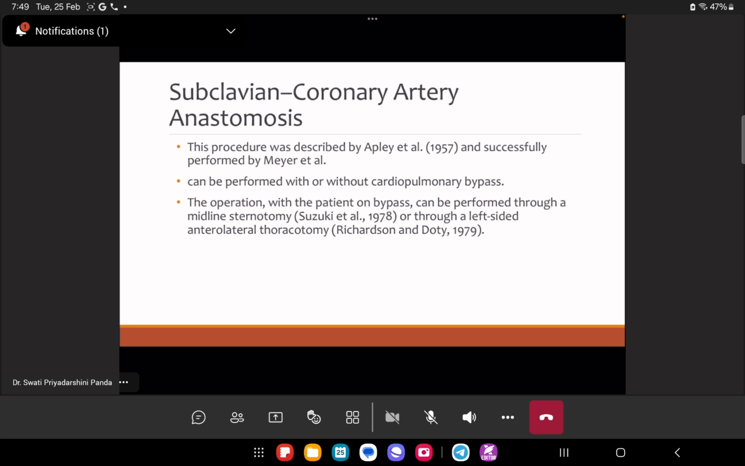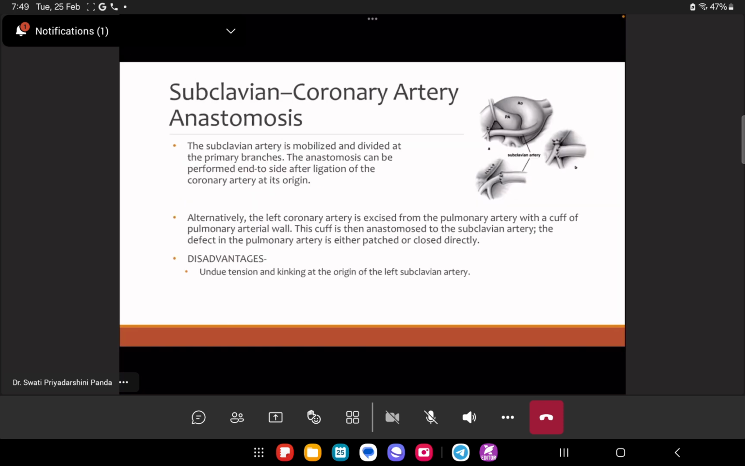Next procedure is subclavian coronary artery anastomosis. This procedure was described by Apley in 1957 and successfully performed by Mayer. It can be performed with or without cardiopulmonary bypass. The operation with the patient on bypass can be performed through a midline sternotomy or through a left side anterolateral